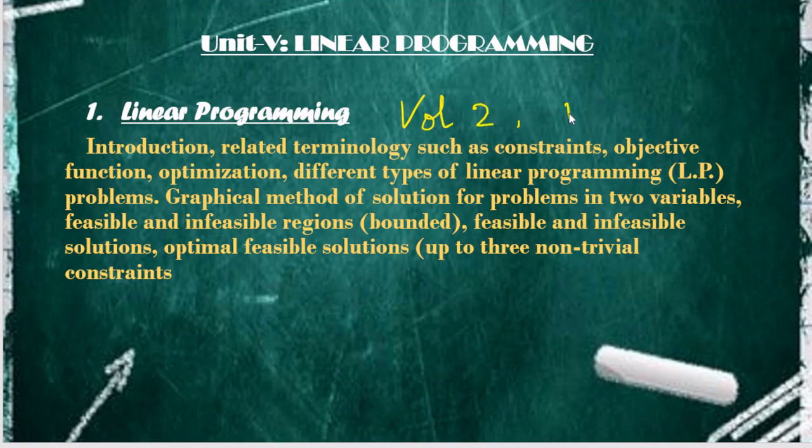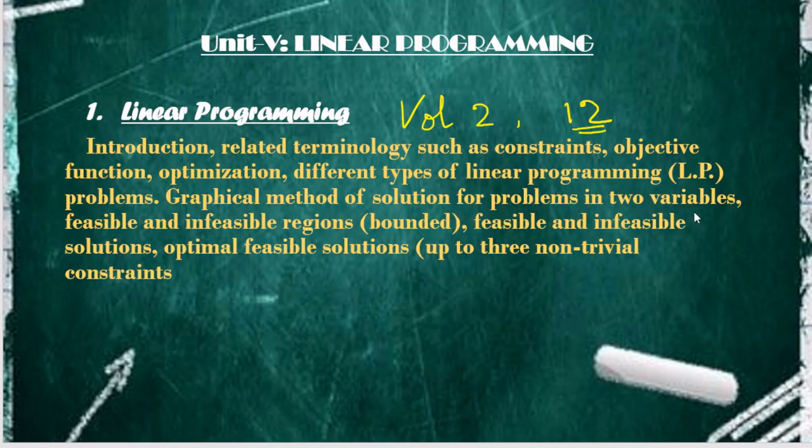Volume 2 and chapter number 12. It is chapter number 12 in volume 2. The syllabus is introduction, related terminology such as constraints, objective function, optimization, different types of linear programming problems, graphical method